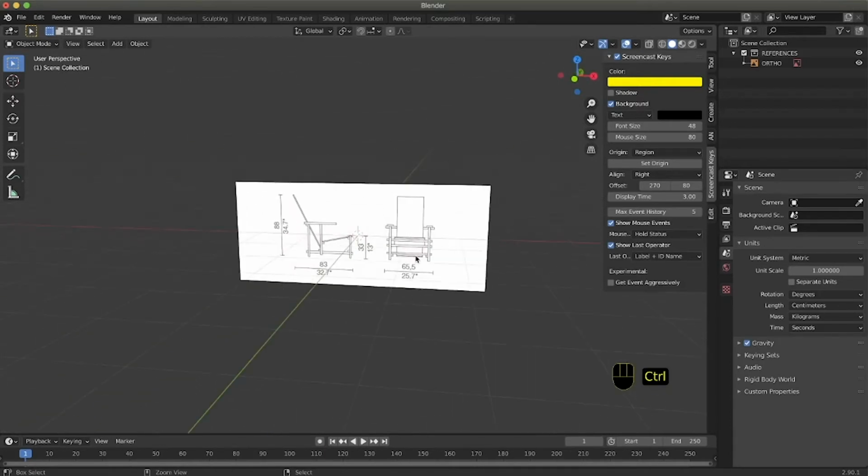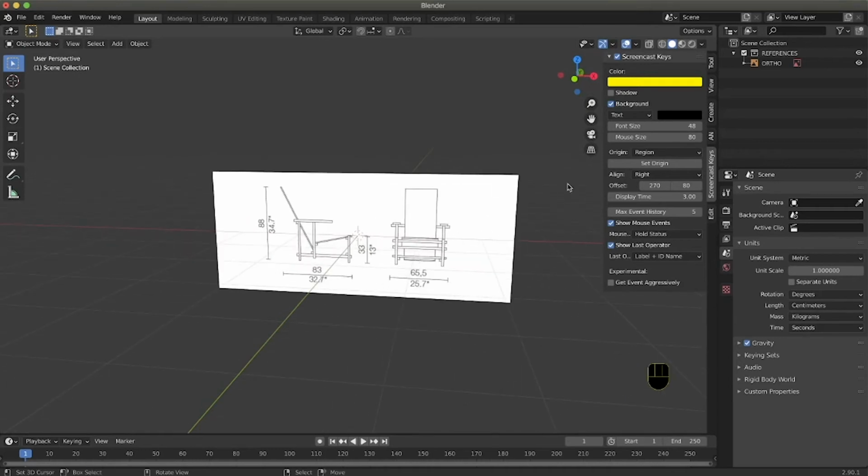So we need to set up the size. To set up the size, we can create a new collection, and we can call this model, because it is the collection where we are going to save our elements. To create a new collection, right-click in this window, and on the outliner context menu, press new collection.